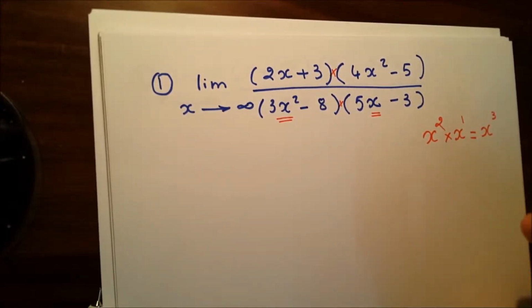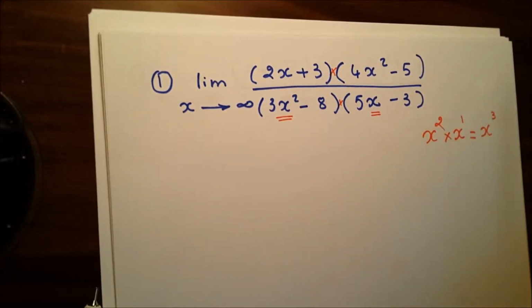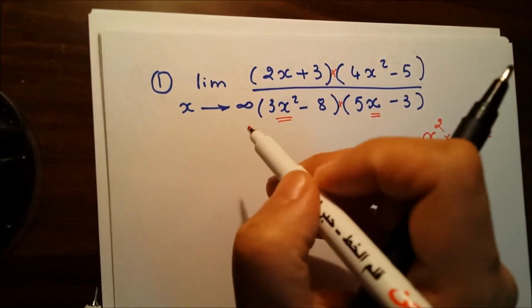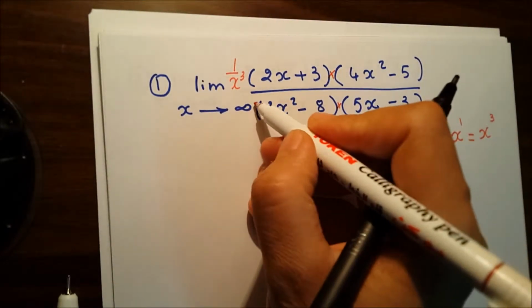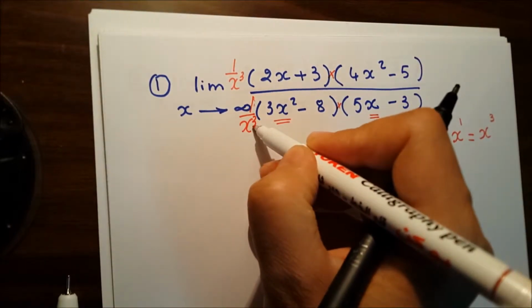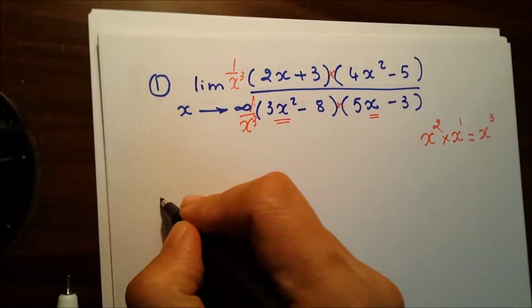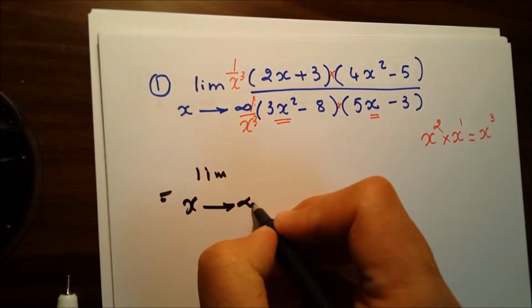What we're going to do now is to divide both the numerator and denominator by x to the power 3. For the numerator, it's also two factors, and we need to divide by x to the power 3. And the same thing for the denominator. We're going to divide each term of the denominator by x to the power 3. So this is equal to the limit as x tends to infinity of